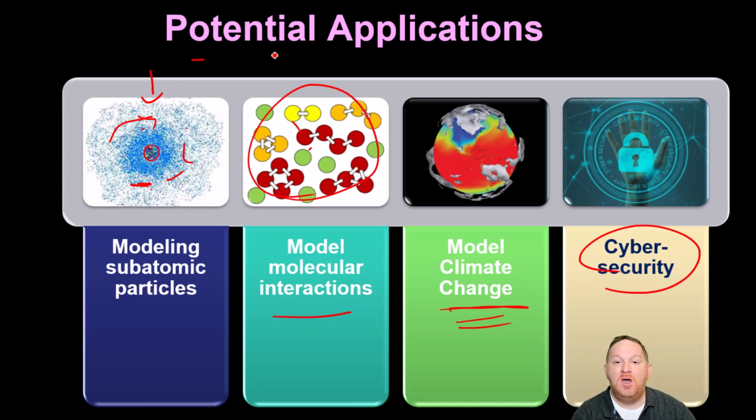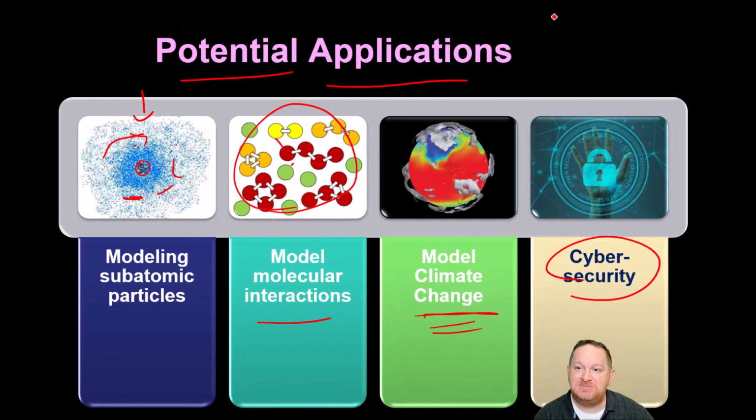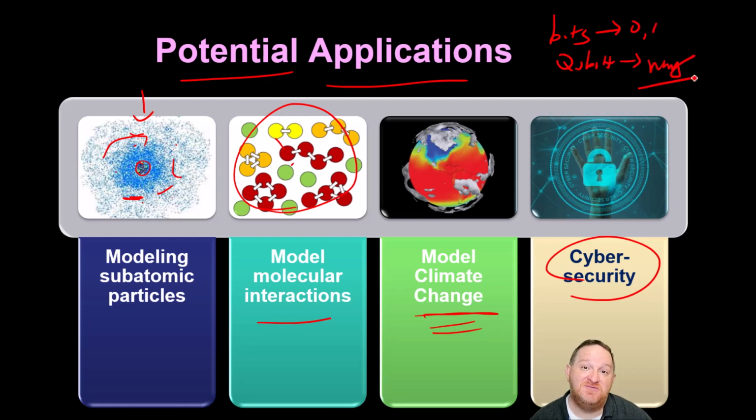So this was a video that had a lot of information in it. Hopefully you picked up one or two things. To me, if there's a takeaway, it's bits versus qubits. Here, 0 and 1. Here, many states because of the ability to entangle them. Therefore, much greater computing